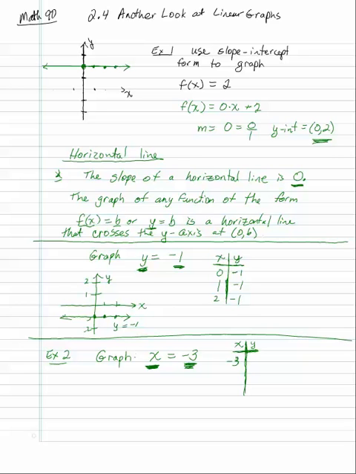And then what's the restriction for y? If x is negative 3, we don't care what y is because there's no y in the equation. So x has to be negative 3, but y can be whatever I want it to be. It could be 0. x has to be negative 3. y could be 1. x has to be negative 3. y could be 2. If you plot those 3 points,